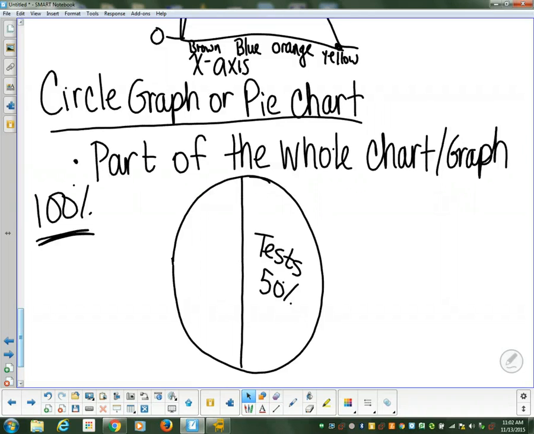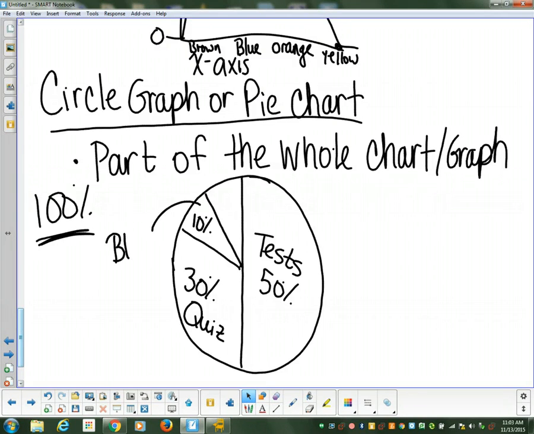So if I was to split it, but we didn't split it equally, because we know that our tests are 50%, our quizzes are worth 30%. So our quiz grades are worth 30% of our overall score, giving us a total of 80%, which leaves 20% still available. And we said that 10% is going to be blogger, which we are now at a total of 30 plus 50 plus 10 more is 90, giving us